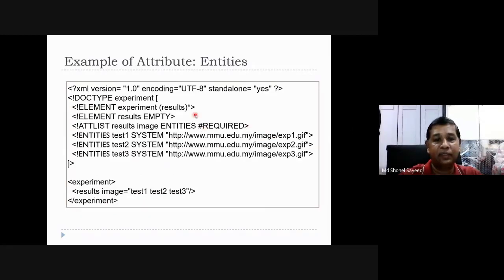entities. Example of entities: define the XML first, then document type experiment, element experiment, results is star, more than one, results is empty, results image entities, more than one entity is required. So you can put test one, test two, test three.